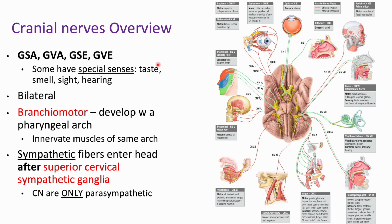And so now, before we get to the facial nerve still, I want to do a quick overview of the cranial nerves, and then we'll get specific. So the cranial nerves, what they are, when we've looked at nerves previously in the course, we've looked at all of these components, GSA, GVA, GSE, GVE. And I would really recommend getting familiar with these because you're going to see them a lot in the